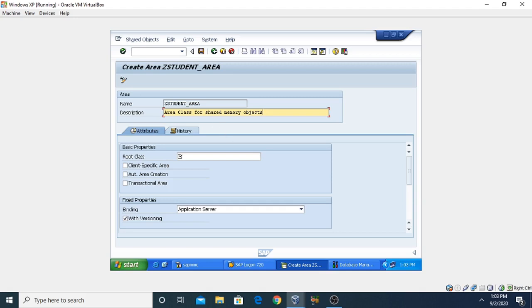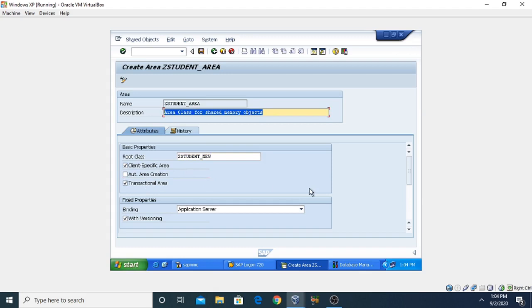Now we need to give the root class. We have decided the root class is Z_STUDENT_NEW, that we have recently created using SE24. Now we need to specify the client specific area you want to create, just select it. Similarly, you can also create the transactional area.